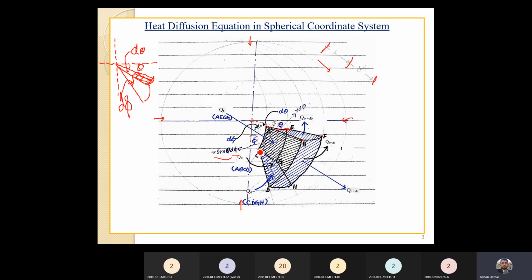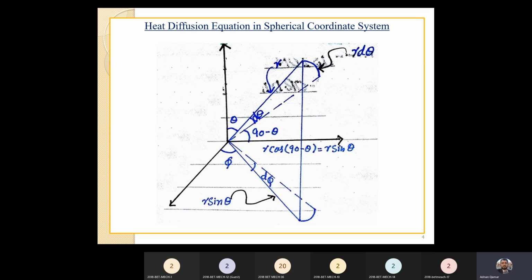And from here to here, this distance is r sine theta d phi. Okay, from here to here. If you will go from here to here, what you will do? It would be r plus this distance would be added into it, dr into sine theta d phi. Okay, so this was the description.